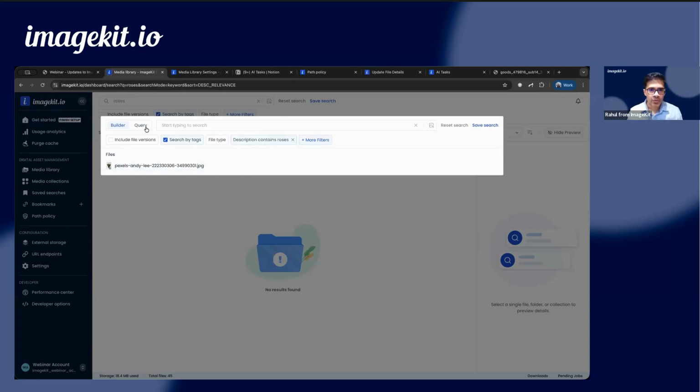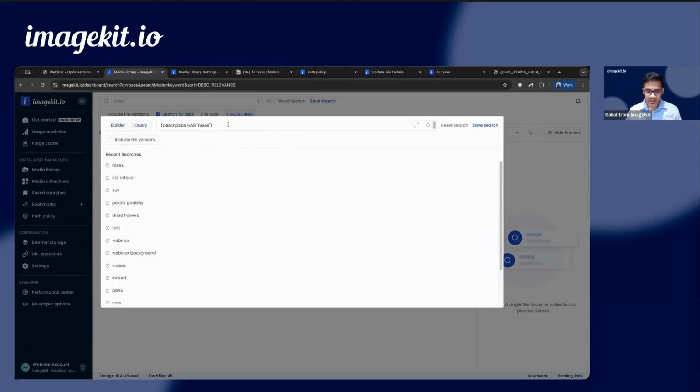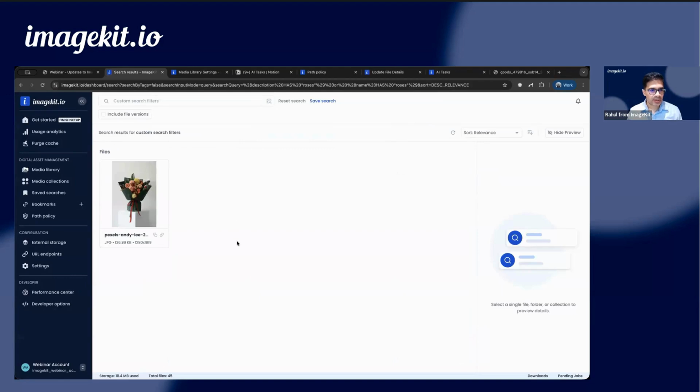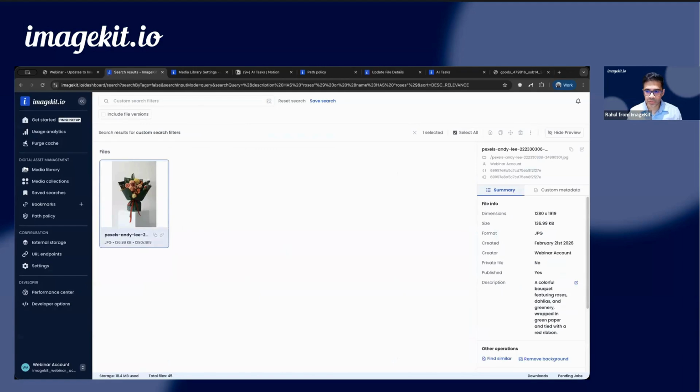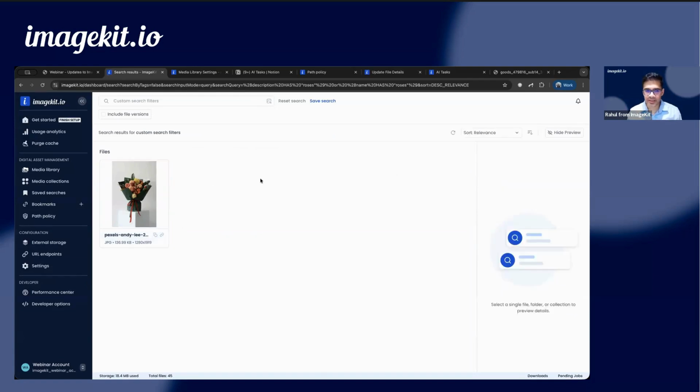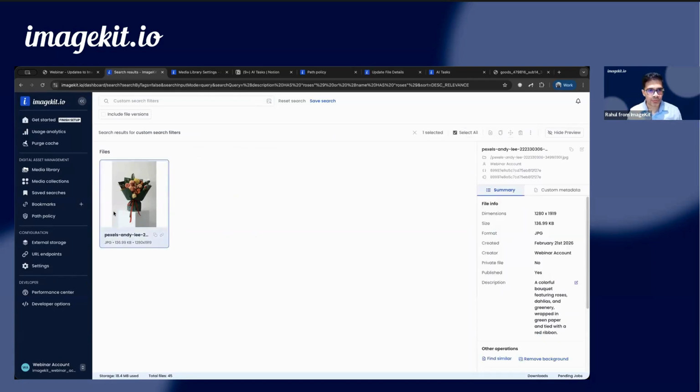So what I can do is go to a more advanced query builder mode, which is what we have here. And I can say that I want to find files which have the description as roses, or I want to find files which have the name as roses, right? So this becomes a more comprehensive search for finding anything that has roses in the name or description. When I trigger this search, I'm able to get to all the files. In this case, this file contains roses in the description field. But had there been any other file with, let's say, roses in the name,